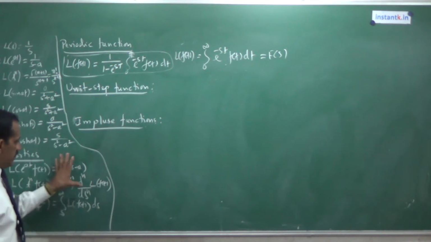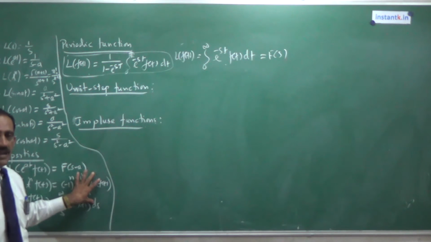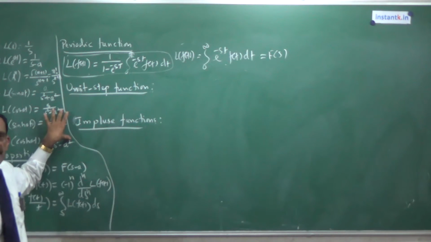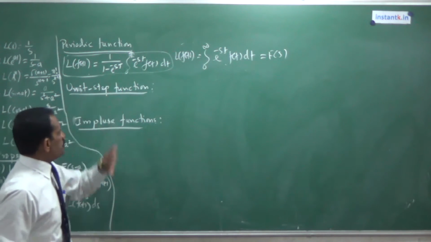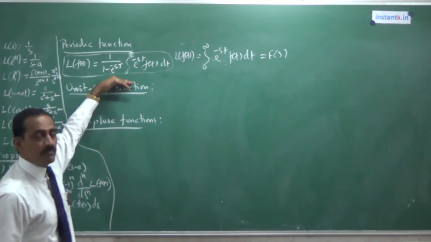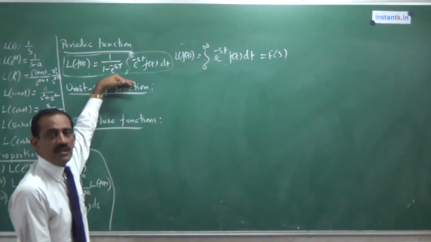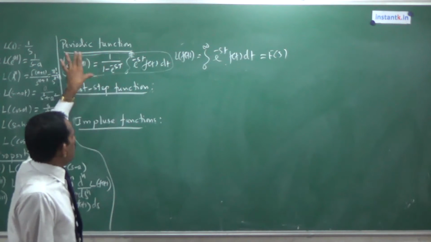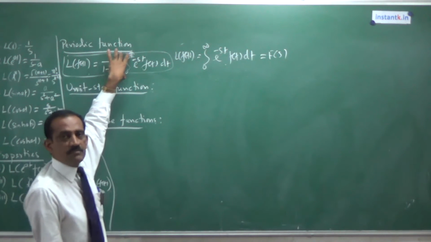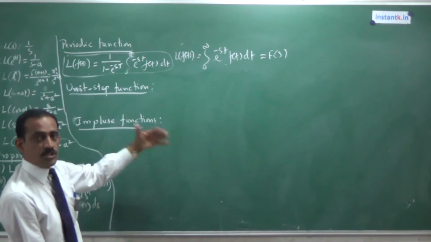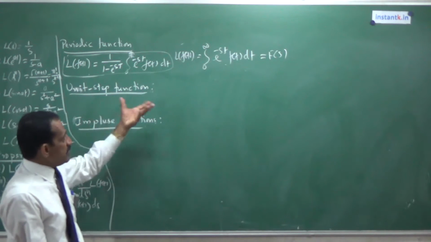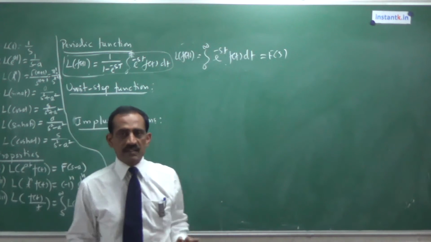So from these 3 properties, the first question will be asked, or converting any one of the standard forms and how to get its transform. The next question is using this for periodic functions. If the given function is a periodic function with period capital T, what is the Laplace transform? The formula must be remembered. Next, the last question will always be from the unit step function: using the unit step function, how to get the Laplace transforms.